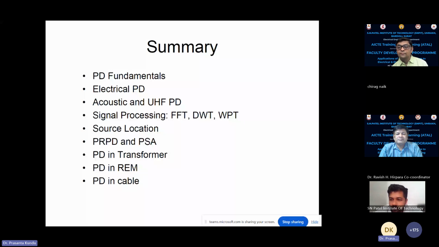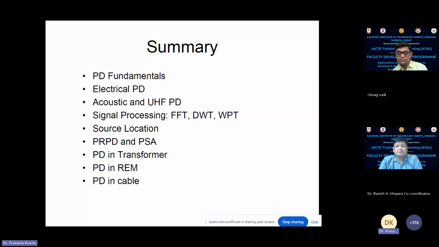So with these few techniques, partial discharge measurement can be adopted for GIS, gas insulated systems or gas insulated substations. It can be adopted for the insulating material of any other devices, such as capacitors and insulators. If there are void chances or a manufacturing defect, we can identify it.